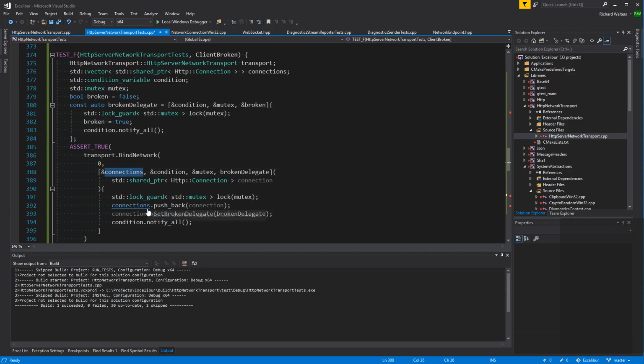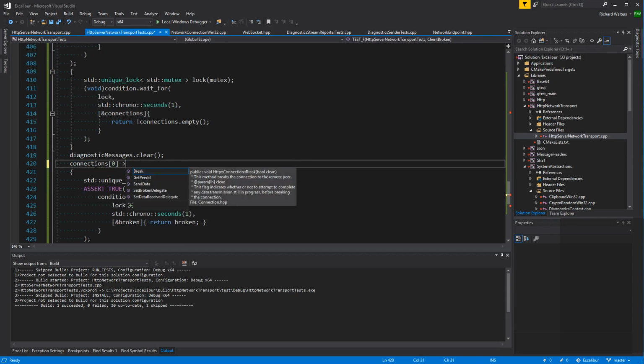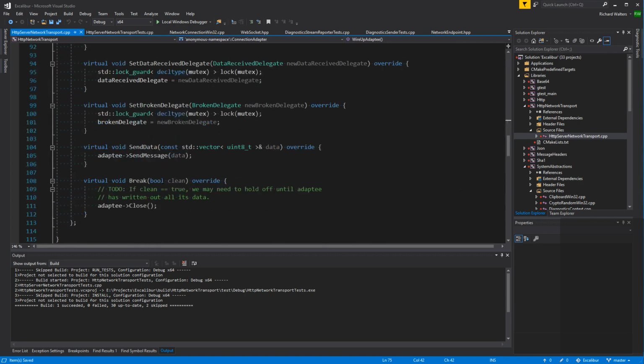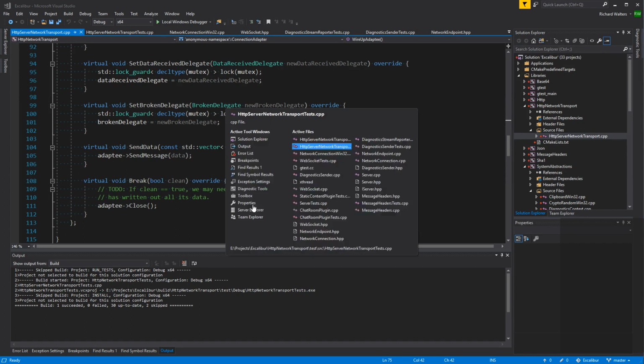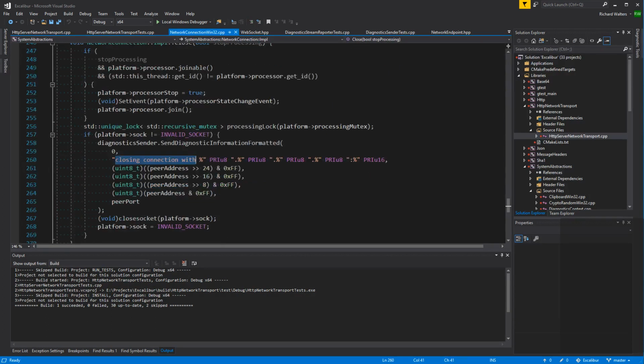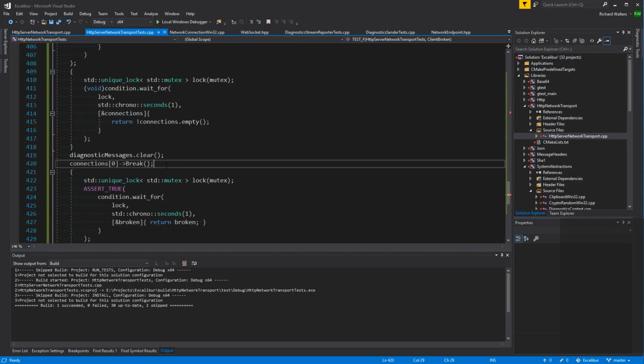Connections 0 dot, or arrow, break, because break calls adaptee close, and then that will issue this message, closing connection with something. Right. Okay, it needs a clean. How about a false? No.